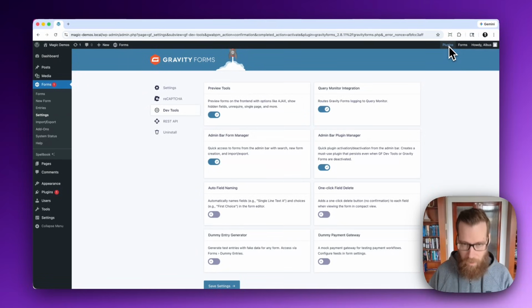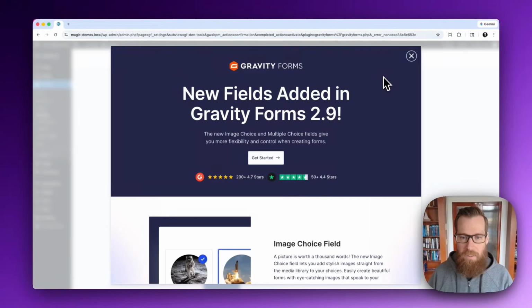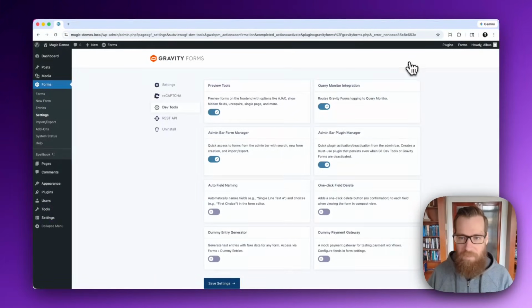And now we are on the other version of Gravity Forms. The previous version you can tell because the header has changed to the old version of the header. And then just as easily, if we want to go back after we've finished our testing, we can go back to the new version just like that. And we get our nice splash screen letting us know of all the good stuff that's in 2.9. Now we will continue to use the admin bar plugin manager throughout this demo, but it's going to take a little bit of a back seat as we move on to the next plugin, and that is the admin bar form